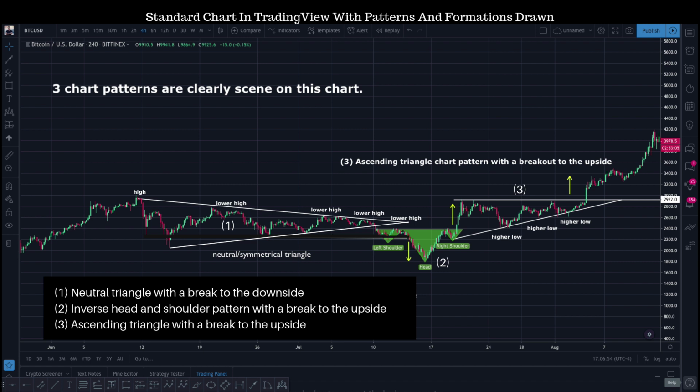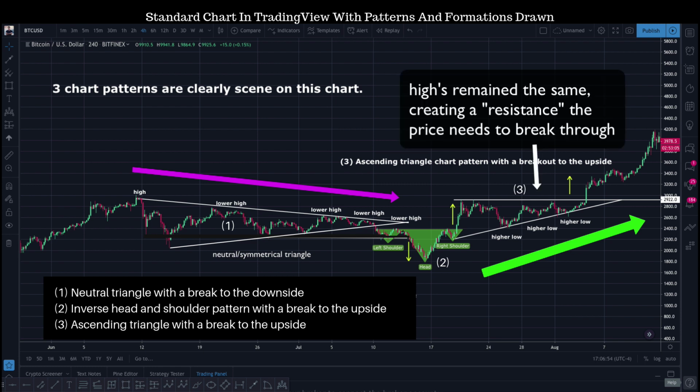What you'll notice about the triangle chart patterns is that they start out wide and the ends get closer and closer together. This happens because the price starts consolidating. When prices consolidate, they form what's known as equilibrium patterns. The price makes either lower highs, higher lows, or both. You could see on the triangle on the left that the price continued to make lower highs. You could see on the ascending triangle on the right that the price continued to make higher lows, yet the